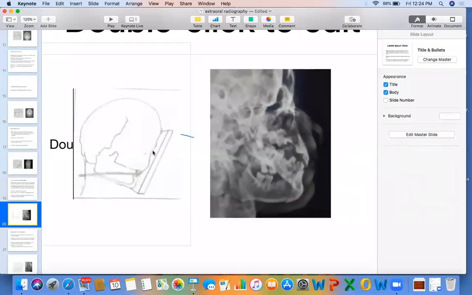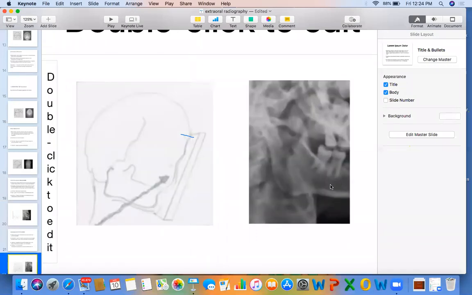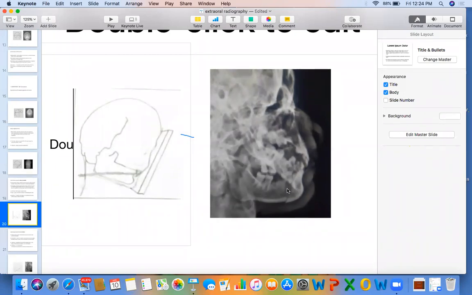I told you there are two projections, body and ramus. If you can see the complete body of mandible on the radiograph, you can say that this is lateral oblique projection of left side of mandible showing body region. And if it is showing you ramus completely, you can say that it is a lateral oblique view of left side of mandible showing ramus as well as body if it is there. It may happen that you see ramus in the body projection as well, but it is okay. And the pathology has to be identified. Right here, we can see the fracture line. How will you say this? This is a discontinuity of mandible in the body region.